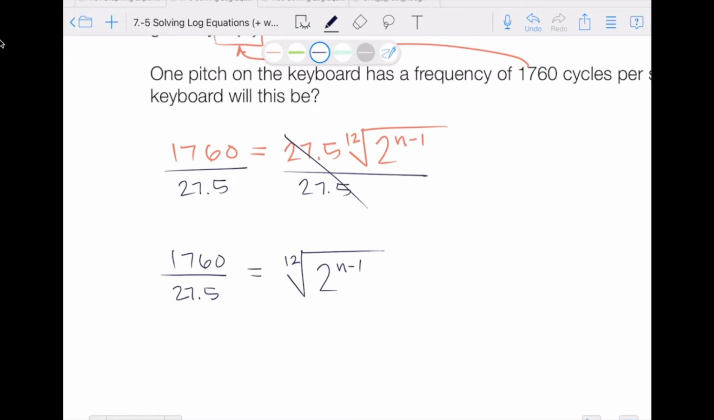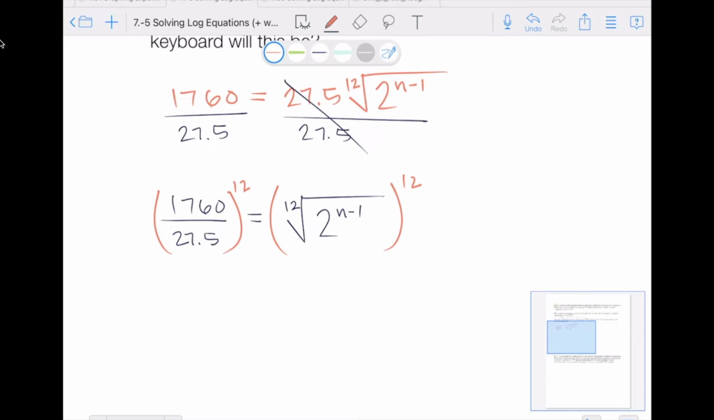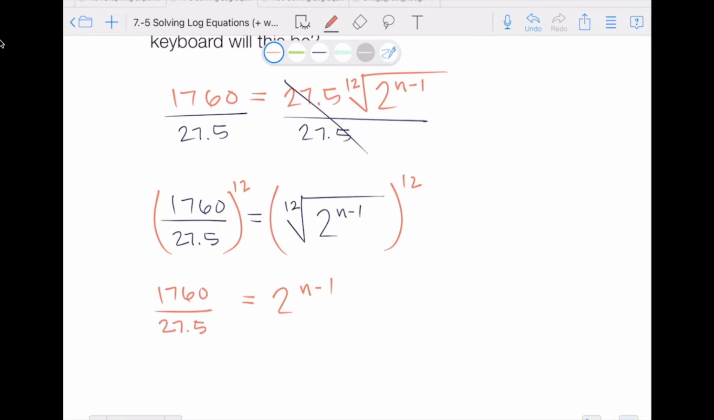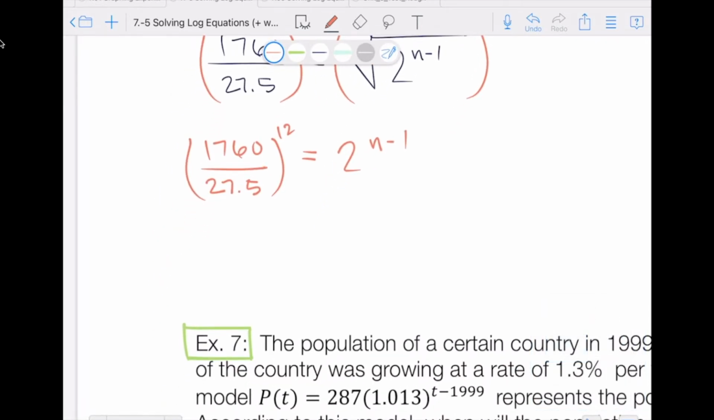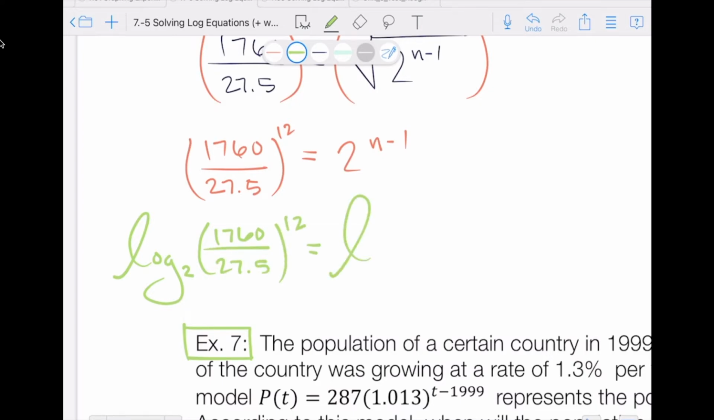Now we've got to get rid of that 12th root. Hopefully you're thinking, if you want to get rid of the 12th root, we take both sides to the 12th. So now we've isolated 2 to the n minus 1, and on the left we have 1760 over 27.5 to the 12th, and now we can introduce logarithms. Notice our base here is a 2, so that's what we want to use for our log base. So we're going to do log base 2 of 1760 over 27.5 to the 12th